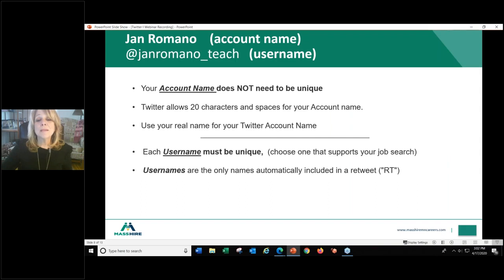So an account name does not need to be unique. So there can be many people, for example, Mary Smith. There can be many people with an account name Mary Smith, as long as they all have a different email or a different phone number. But there can never be two people with the same username, because the username is going to be part of your Twitter handle. So I'm going to show you on my account